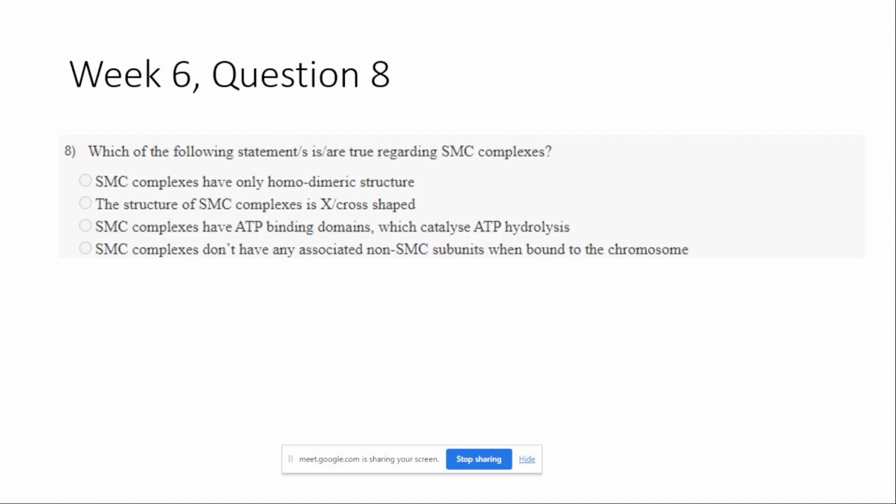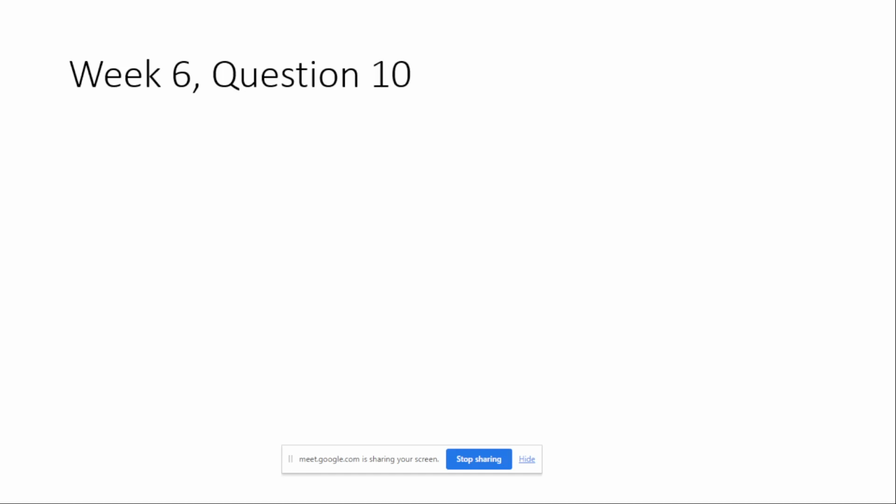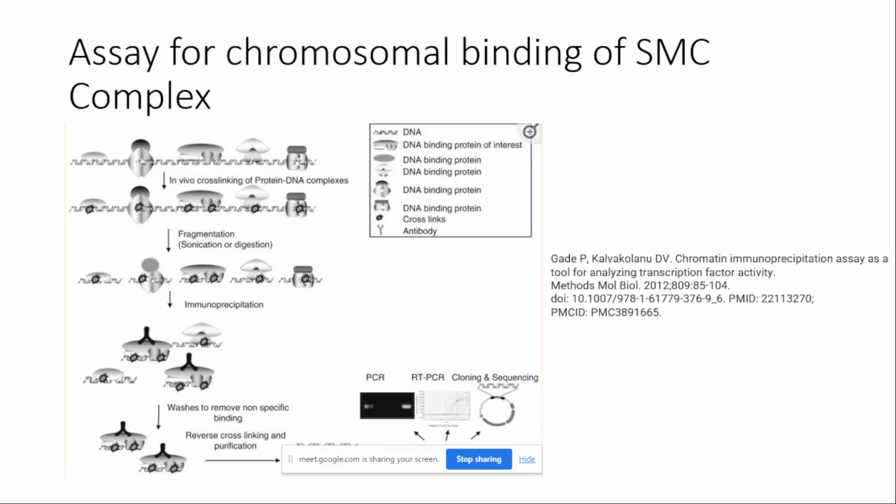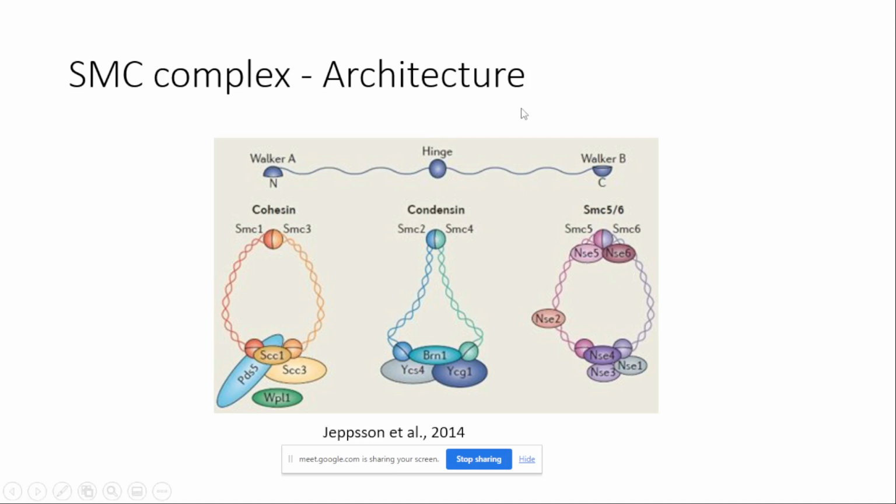Just remember the structural organization of the SMC complexes. Or if you want, you can see this slide too. See, SMC complexes: Walker A domain, Walker B domain, coil, hinge. After the folding along the hinge, this will come here. So these two loop regions will form a coiled coil region, and the Walker A and Walker B regions will come into close proximity, and they will make a functional ATPase domain. This is the basic folding process of the SMC complexes.